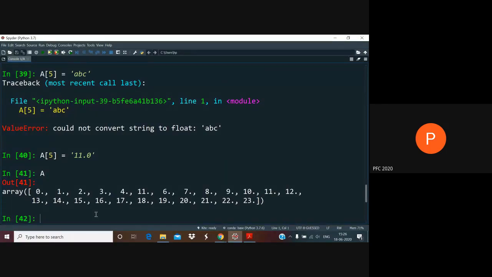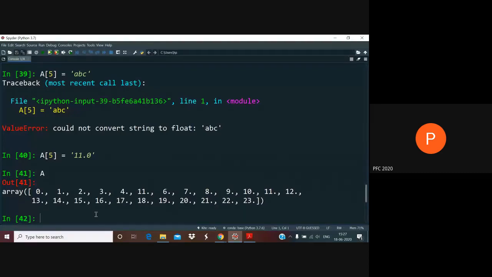But what you cannot do is make it into a string, or any other kind of an array with any other kind of entry. Why is that? Simply because when the array was created, a particular amount of memory was kept aside for it, and each of the memory elements was calculated in size to be able to contain exactly one floating point number.